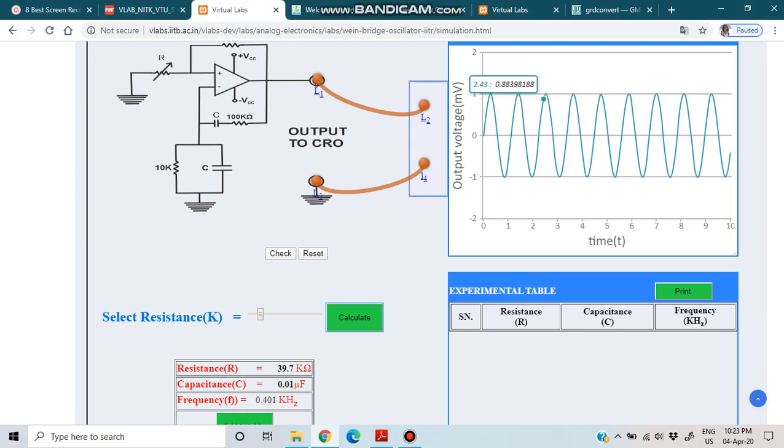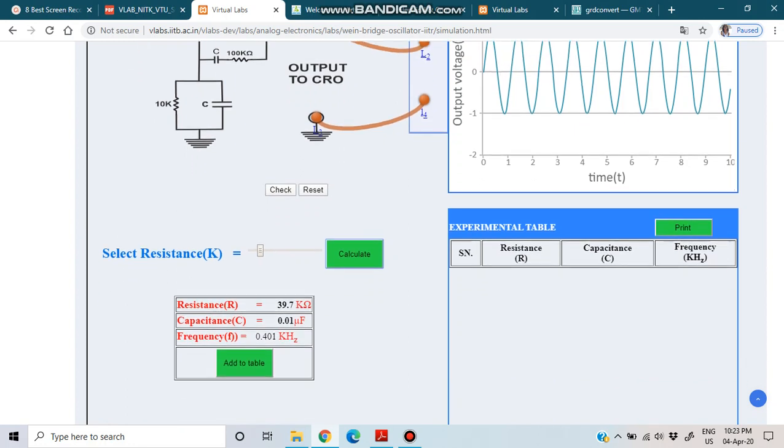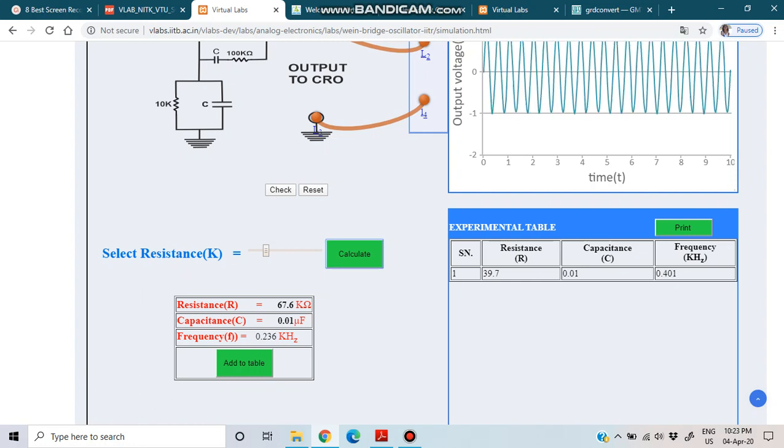I am able to see the different amplitude like this one. These I am able to observe. And if this value is okay to you, you can add it to table. So these values are being inputted and we can see here the frequency. Again, you can change a certain frequency. For this change of frequency, just calculate it. You got new oscillations. If these values are suitable to you, add it to table like this one.